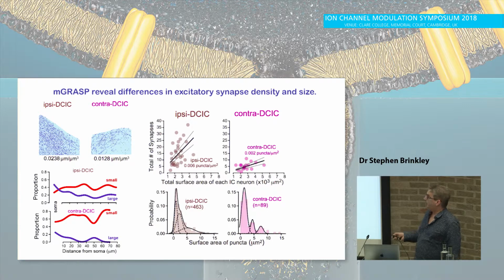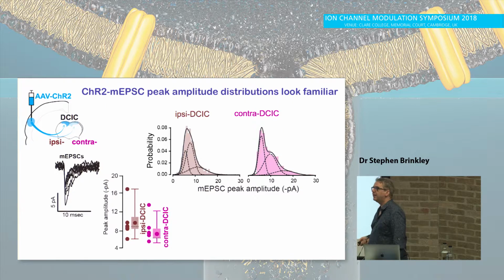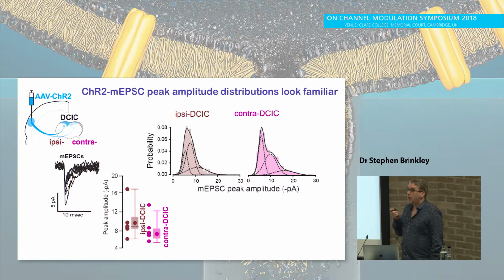But this reminded me of mini distributions. So we looked at the mini distributions because what we noticed was an artifact of optogenetics, which we quite like. It raises presynaptic release probability. It's a whopping great unphysiological stimulus, a massive depolarization of the terminals, but it seems to cause the mini frequency to increase for some period of time.